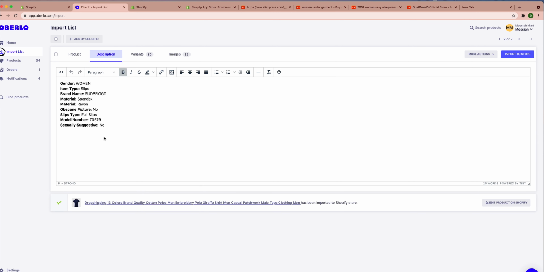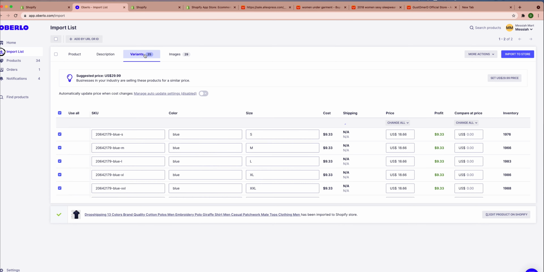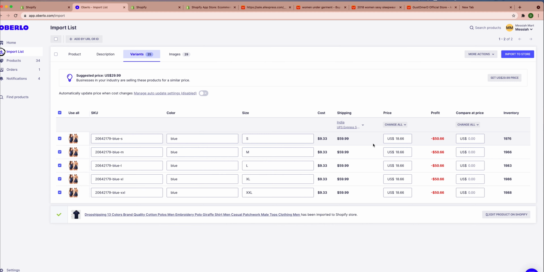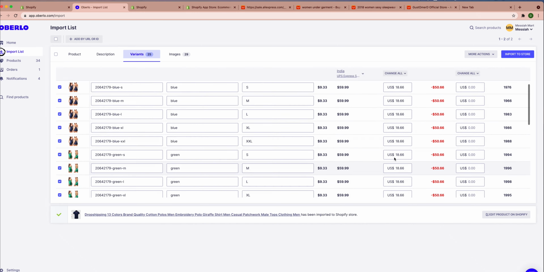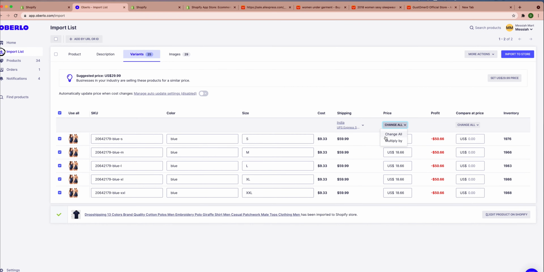Let's come to the description. Guys, if you want to work on the description, you can do it later also. Right now I'm not doing it. If you want to change some variation here, you can change the price of all the variations. I want to sell this item not at $18.60, I'll sell it at $24.99.